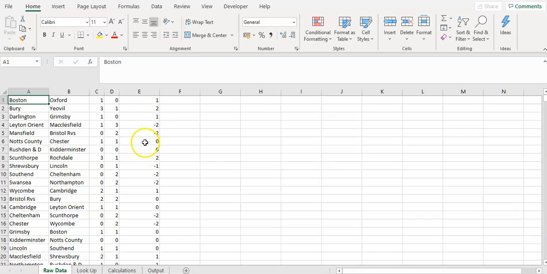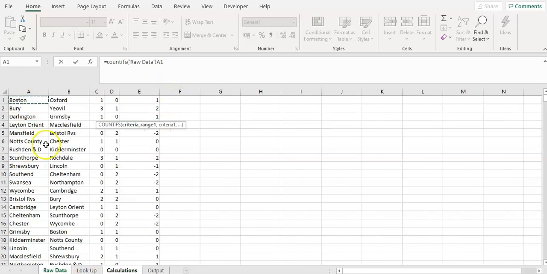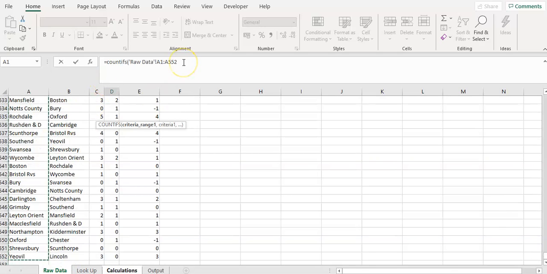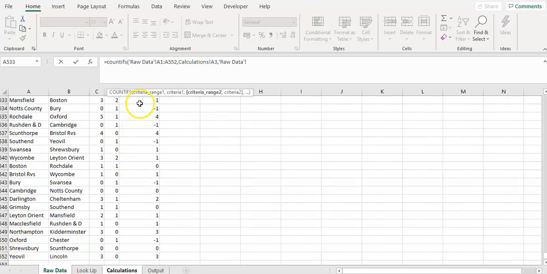And we'll do this in exactly the same way, so it's COUNTIFS, criteria range being column A is equal to our team in column A here, and criteria 2 being our column E being equal to 0. 8 games drawn at home, so then we just add on the away games